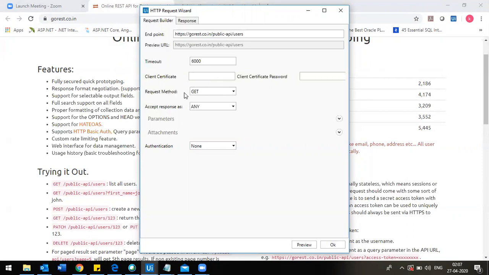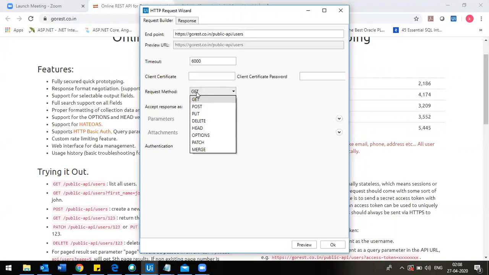And here there are some request methods. You see here the default is GET, right? The request method all depends on your request, what kind of request you are making with the API. Suppose I want to retrieve the users, in the sense read the users' information from an API. To read, we will use a GET request.